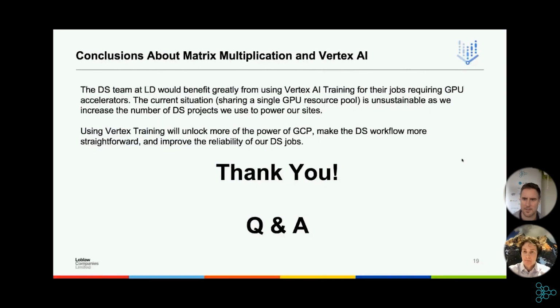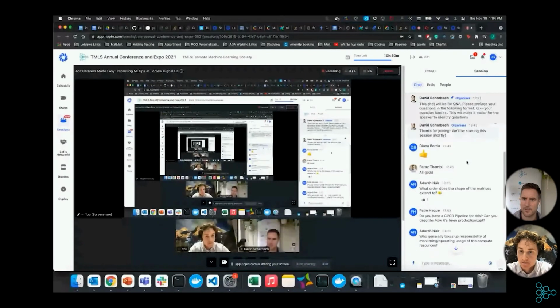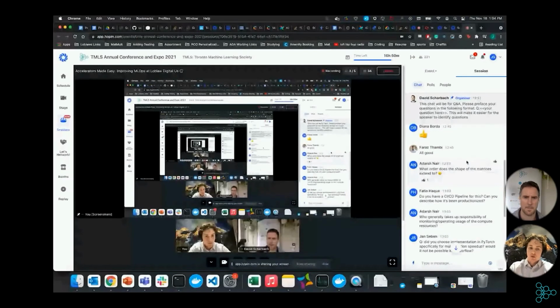Hopefully my connection holds. Fatin asked, do you have a CI/CD pipeline for this? Can you describe how it's being productionalized? For sure. So we use GitLab at Loblaw Digital, and so we use GitLab CI to productionalize many of our models. And this is no different.